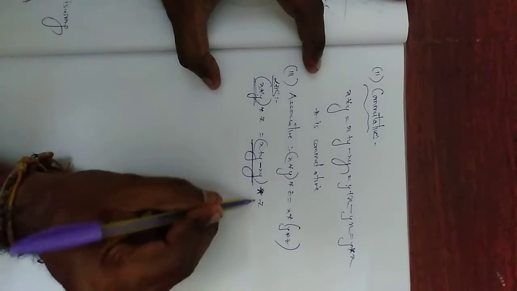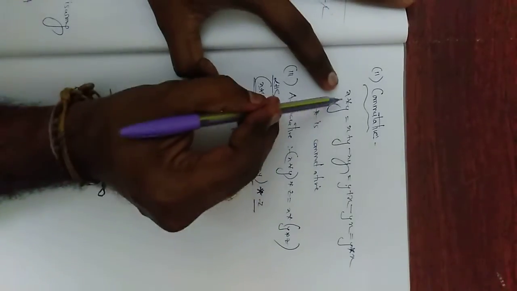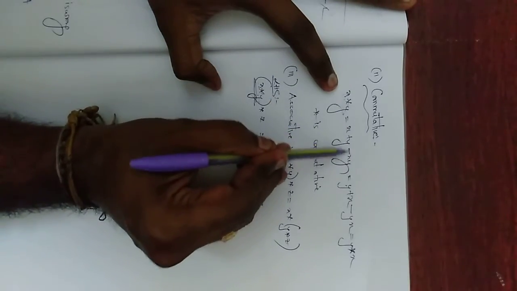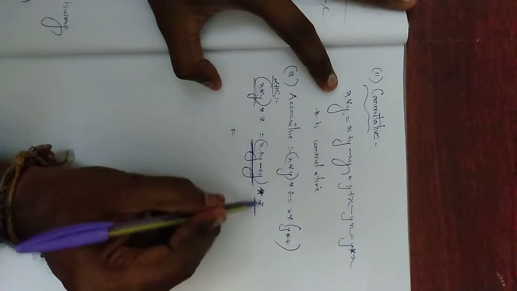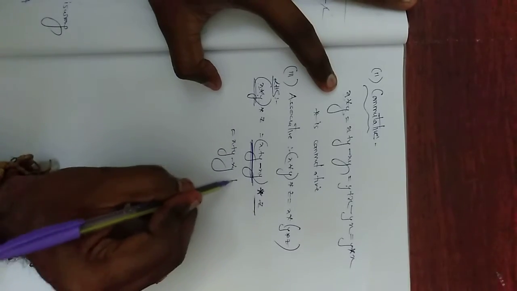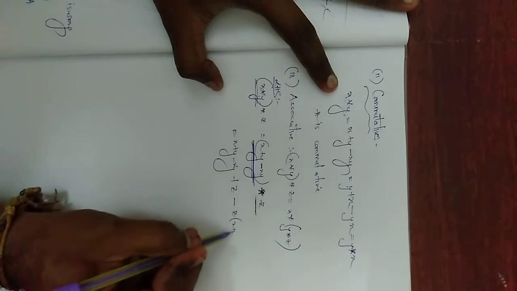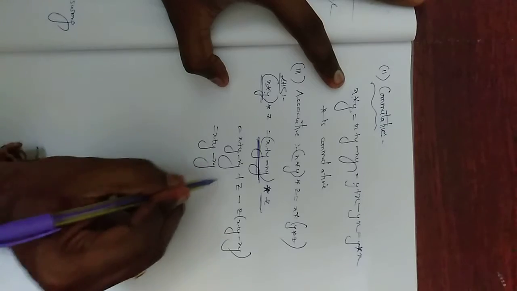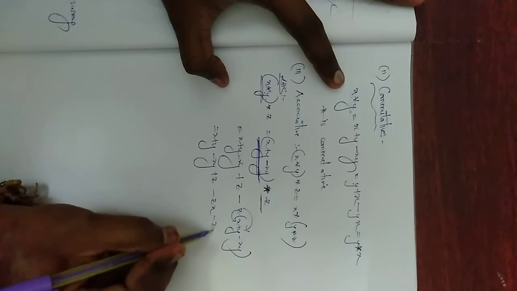This is one element, this is another element, two elements: first element, second element. First element plus second element. What is the meaning of this x star y? Two elements. This is the first element plus the second element, minus the multiplication of the two elements. This is the meaning. First add these two elements. What is the first element? x plus y minus xy. The first element. What is the second element? Plus z minus the multiplication of these two elements. Therefore, z into x plus y minus xy. So, x plus y minus xy plus z, multiply inside, minus zx, multiply inside, minus zy.